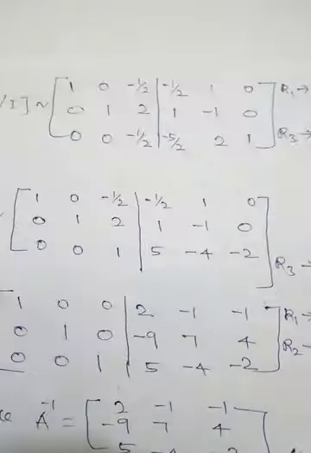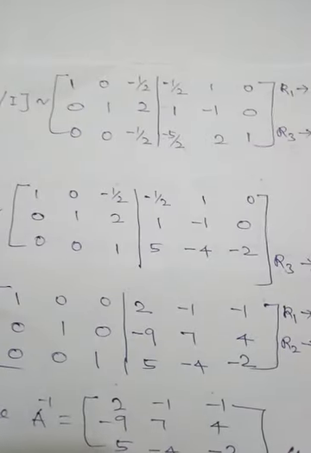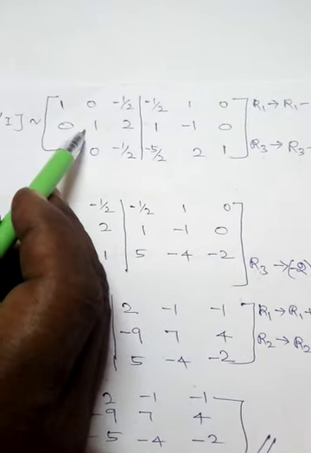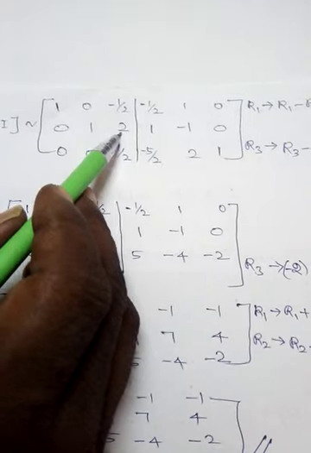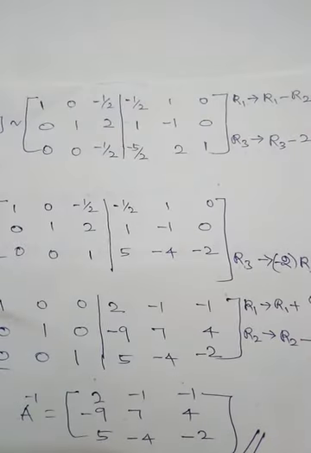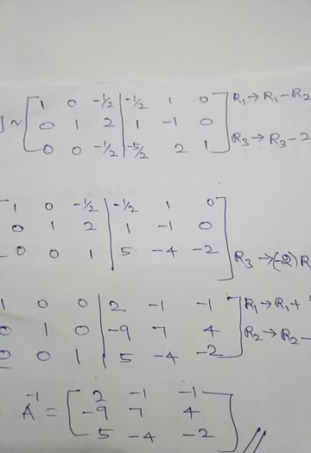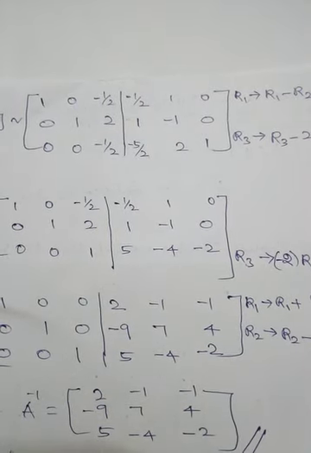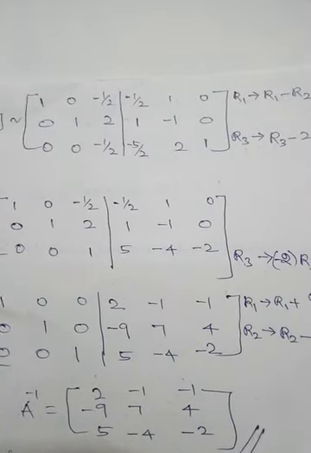Now the second row is written as it is, there is no change. So 0 1, the first two terms there is no problem. There is a problem in the third one, 2. So after this we are going to change the 2. How to apply the technique and change the 2 into 0, we will see later.